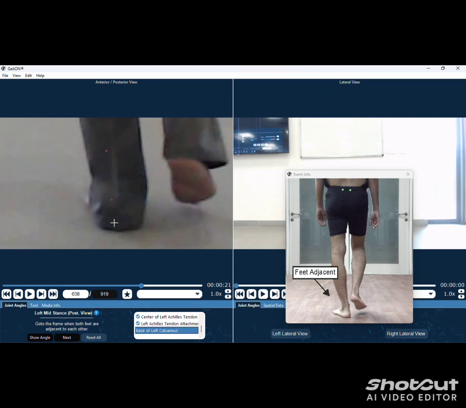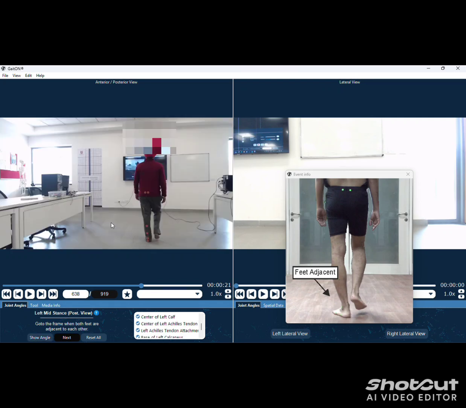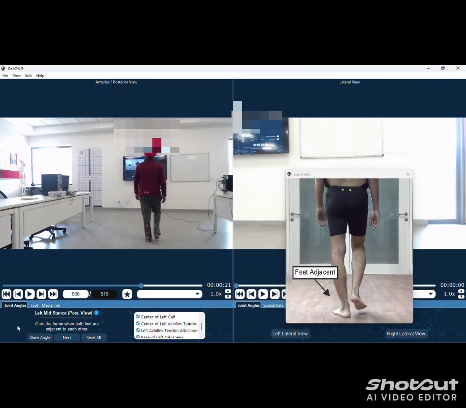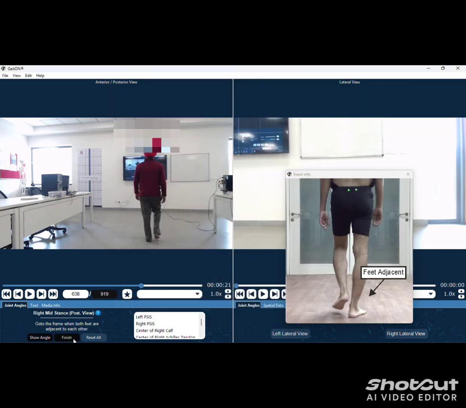And this is your base of left calcaneus. Then click on show angle, and here your report has been generated. Then click on the next. Click on same pointer to report are placed now at right mid stance posterior view,